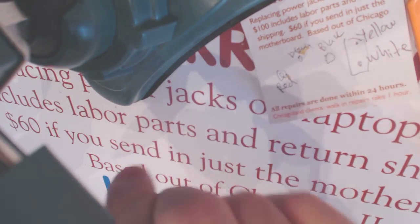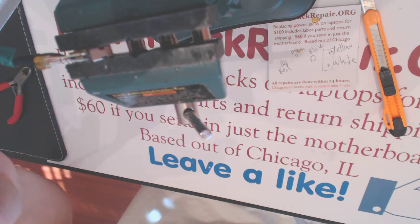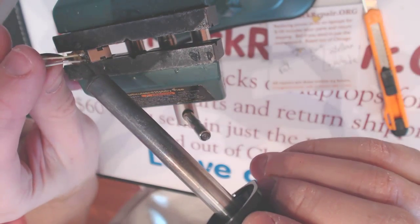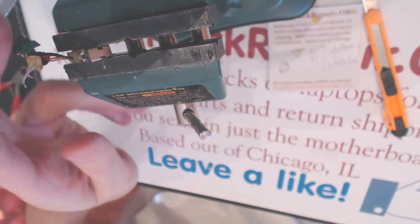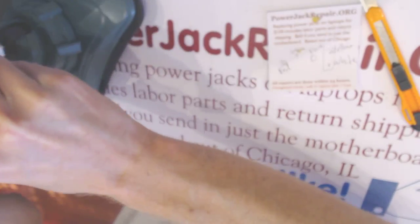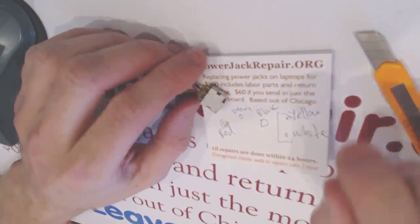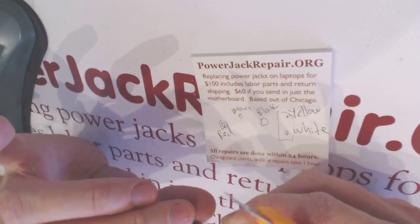And the way we do it is by iron, like that and like that. Alright, so now let's continue cutting the